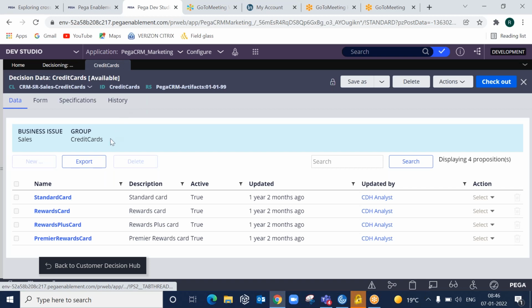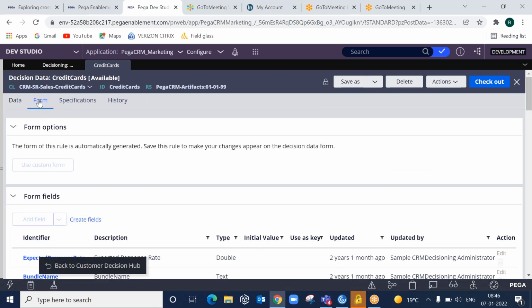So let us say, for example, whatever the fields that you have a requirement where you need to create a drop down. Okay, so what you will do then?